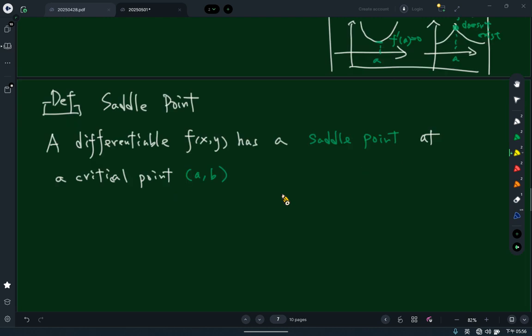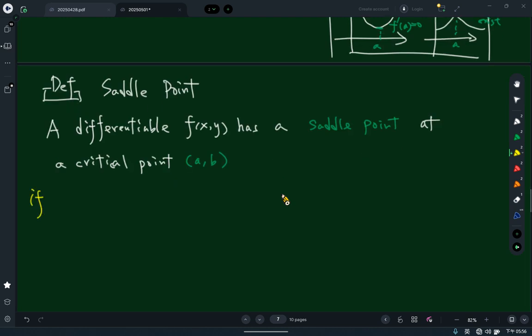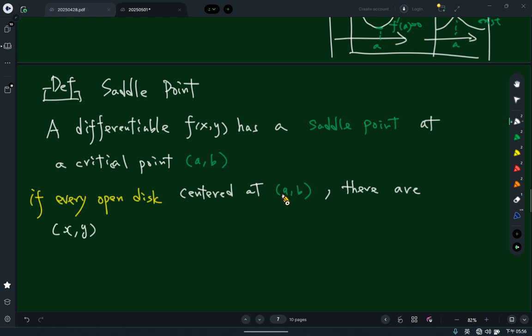Okay, the condition is just like that. If every open disk centered at AB, at this point, then there are several x, y points where f of x, y is larger than f of AB. And at the same time,